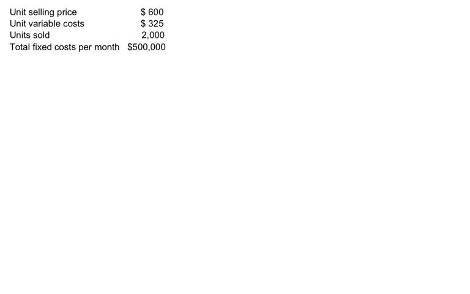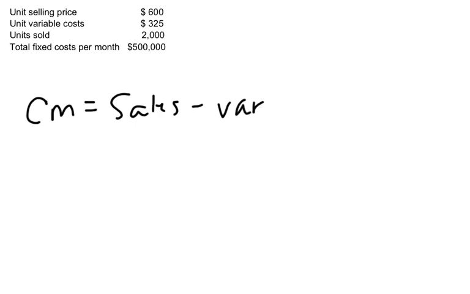Let's go over several analysis tools we can use. The first one is contribution margin. I'm going to shortcut this when we talk about it today, just with CM, contribution margin. Contribution margin equals sales minus variable cost. Now we can get contribution margin as a total dollar figure, or we can get it as a per unit